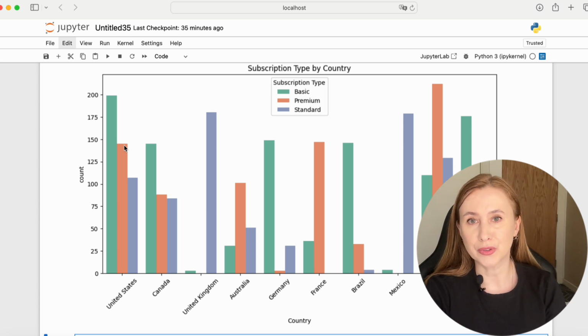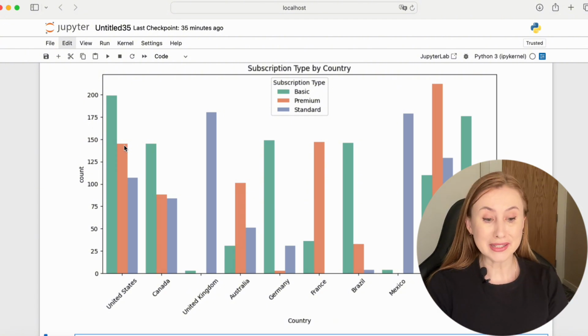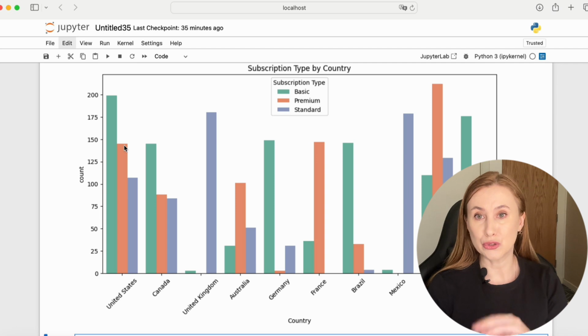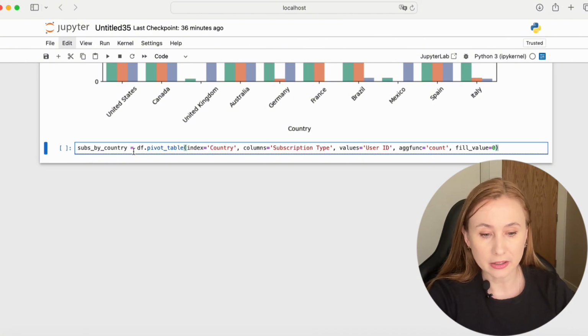That's why I always go back to classic tables, because it's easier to pick numbers from the tables. So let's pivot our data, so then we can use the numbers in our final summary report. To pivot our data, first of all, we will create a new variable called subs_by_country equals df, or name of the original data frame, dot pivot_table